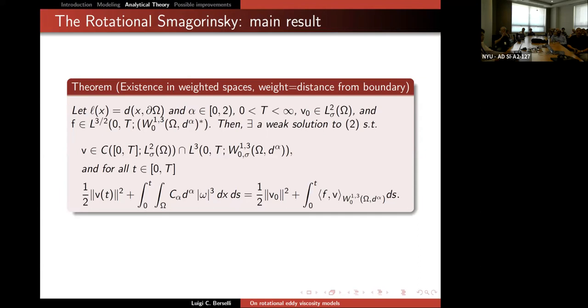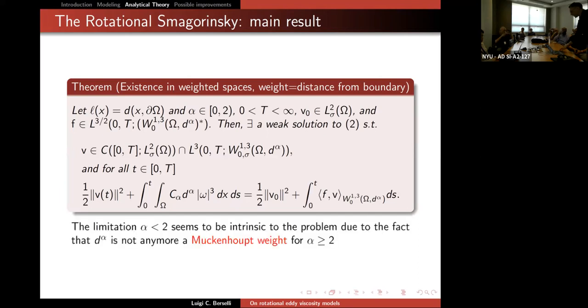Okay, what is important is that this is the energy estimate, and in fact it's not formal. We can prove that this is a real equality, it's not an inequality. Here there is only the vorticity, but in the theorem we have the full gradient. So we are able to control from the vorticity also all the derivatives of the velocity, which is non-trivial, at least in this setting. Even if this is trivial in L2, in the setting of weighted spaces